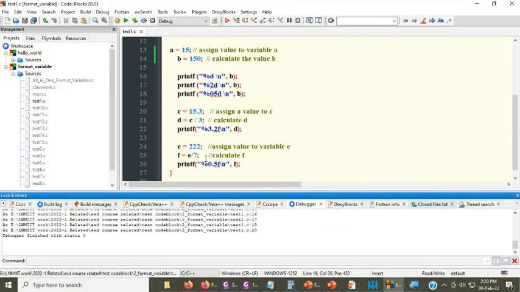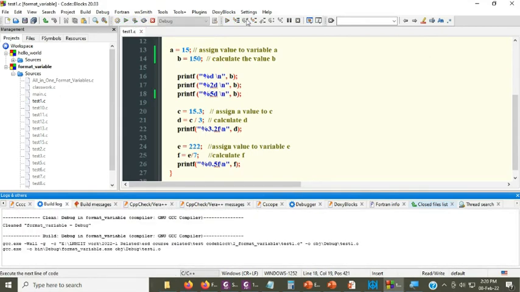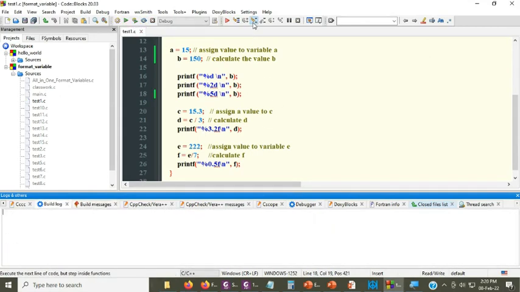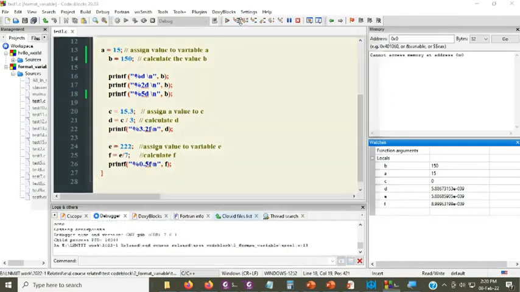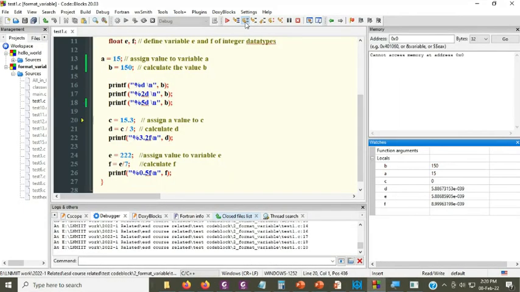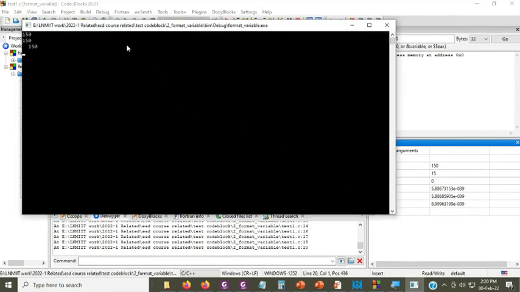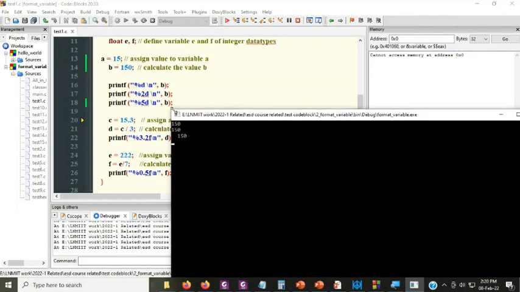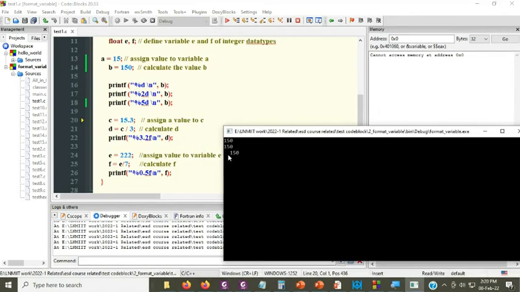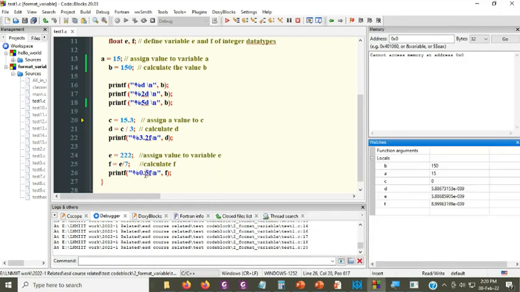Let me check, 0 removed. Then zeros will not come in that? No, still zeros will be printed. Let us check. Please clarify all these things. Okay, 0 is not printed. Yeah, it is using space, but zeros are not printed. So please cross check all these kinds of features which are there in C. Here it will represent the number in 5 places only.